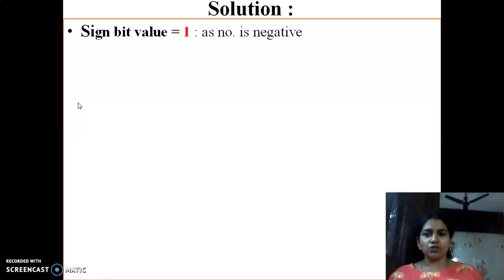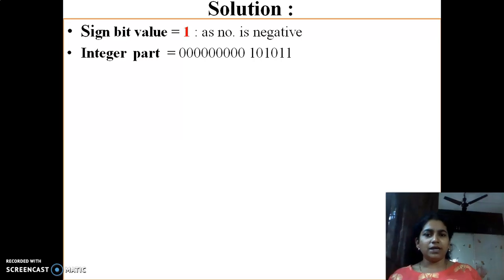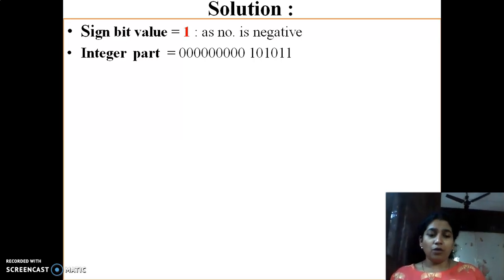Now what is the solution? If the MSB is 1, that means the number is negative. Straight away write the minus sign. Now I want you people